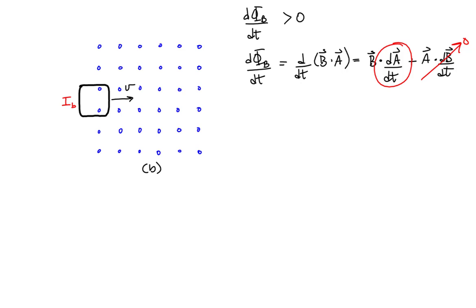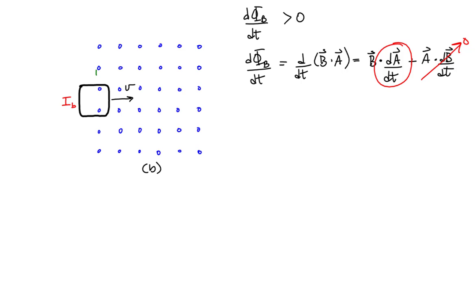Because you're looking at this and saying, well, the loop isn't changing its area. And you're right, the loop isn't changing its area. But remember, magnetic flux doesn't have to apply to a physical loop in space. It can apply to a mathematical area in space. And if you look at this, let's look at the effective area right now in which the magnetic flux is